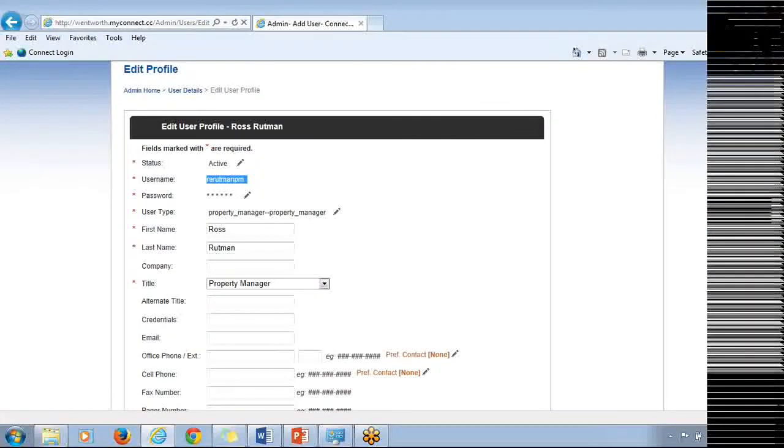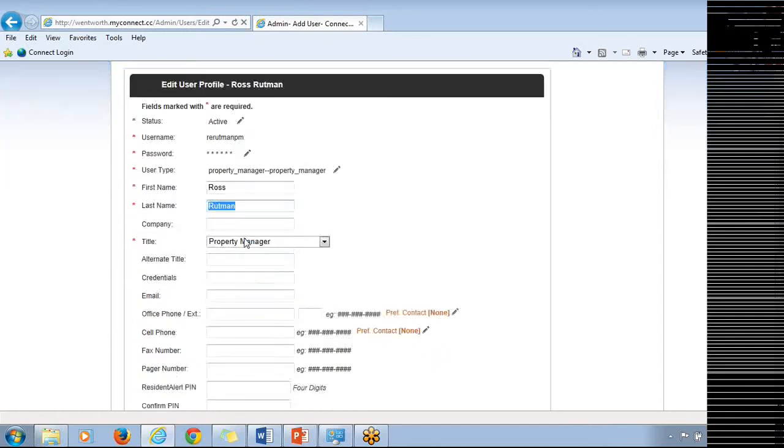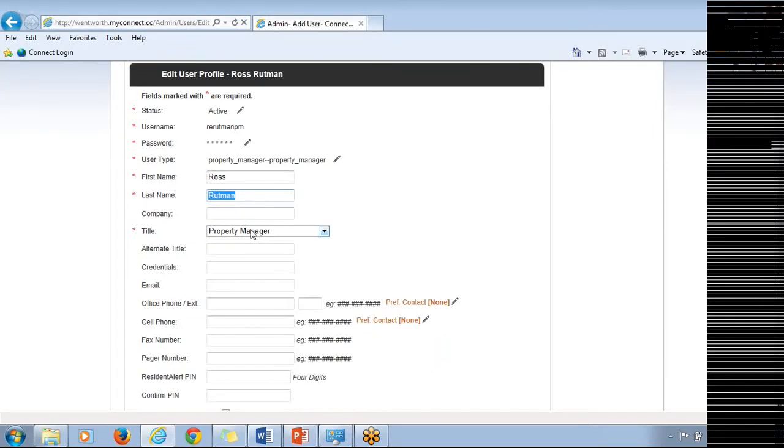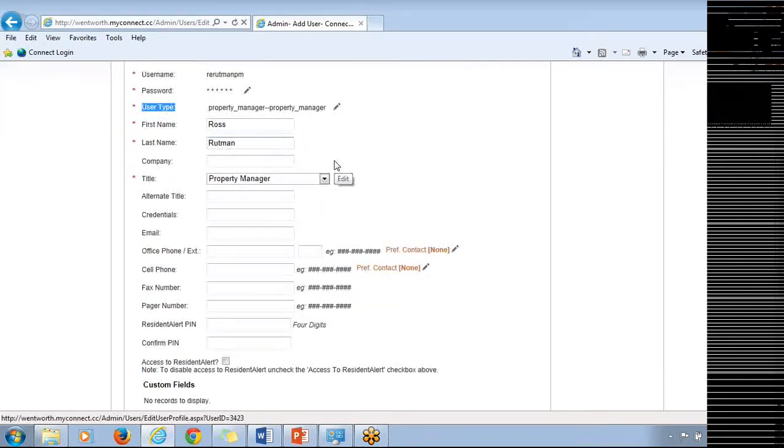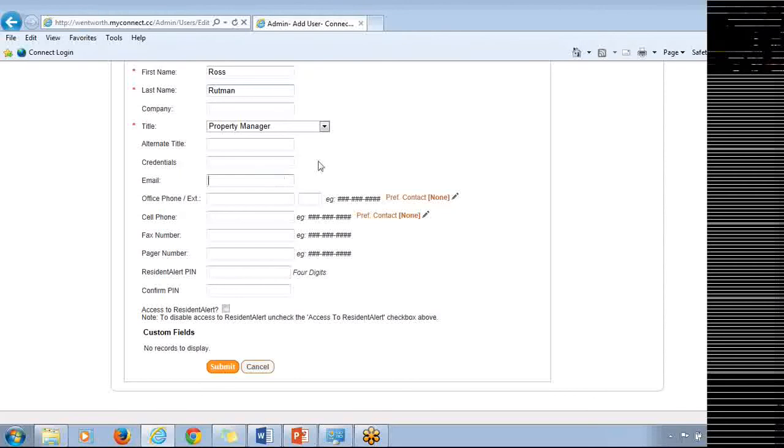Always spot check to make sure we spelled your name properly. Alright, you can change that. Make sure that we also selected the right title for you. And if for some reason the user type doesn't seem to jive with your position, simply let us know and we can make those changes accordingly. Any contact information found here will be pulled into various dashboards for Connect as well as our Customer Care Center down in Florida. You should definitely get your email address in here,